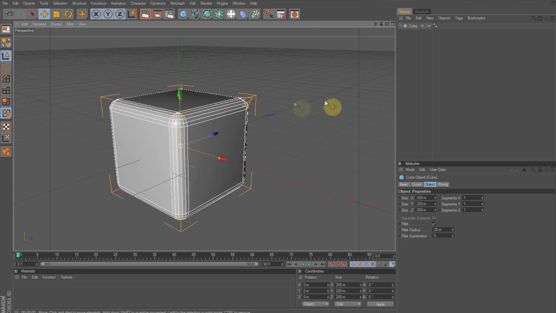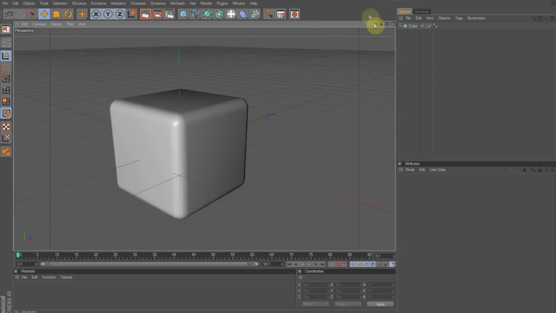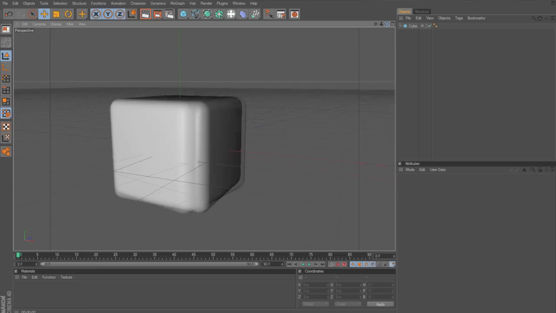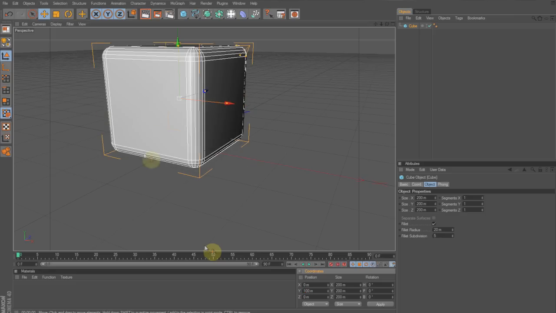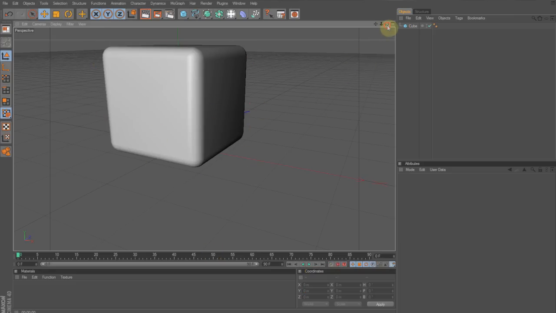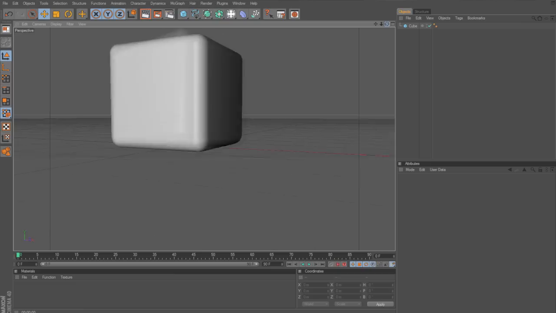Anyways, yeah. You're not going to need any subdivisions or anything. It doesn't really matter. But now once you have your basic cube, you're going to want to go to placement and go to Y position, and go to 100. So it's laying right on the plane, so it's pretty much 0. Okay,